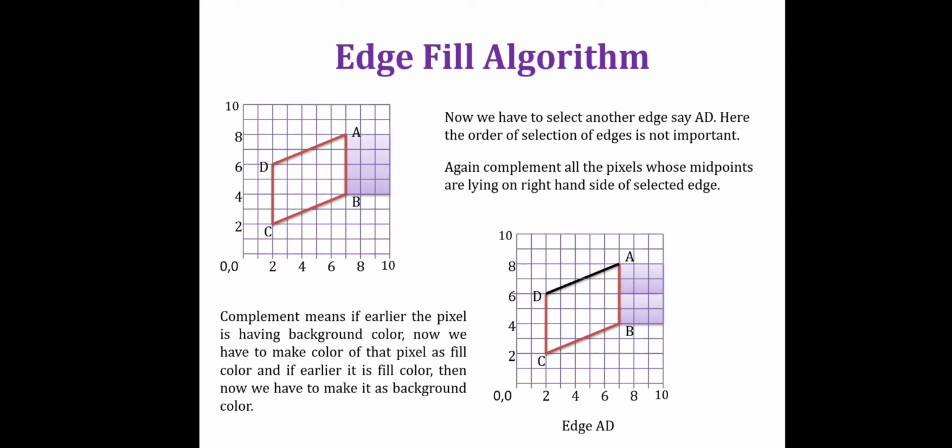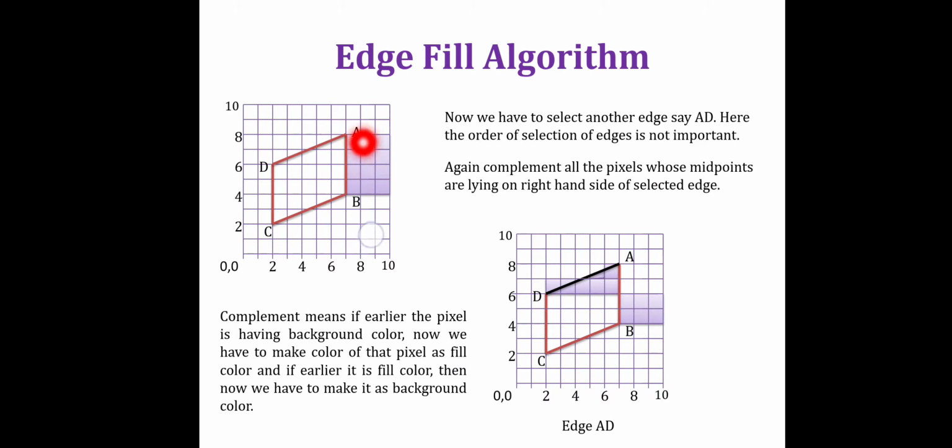So how are we going to fill that polygon for the line AD? You can see here, first of all what I have done, complement the pixel over here, right? In this way we are filling this polygon. Here you can see only the pixels which are on the right side, we have to select those pixels only. So what happened here? Whatever pixels we had as on, those pixels get off over here, right? So these pixels now have the background color.